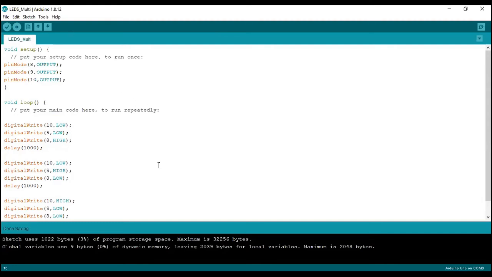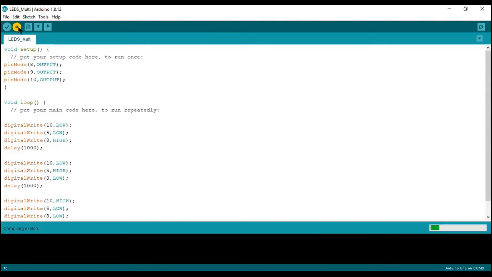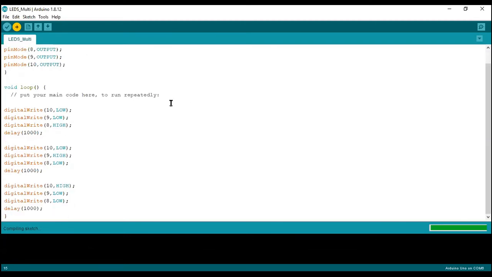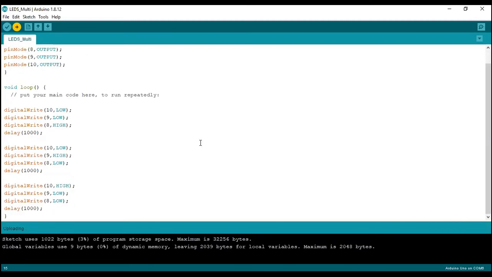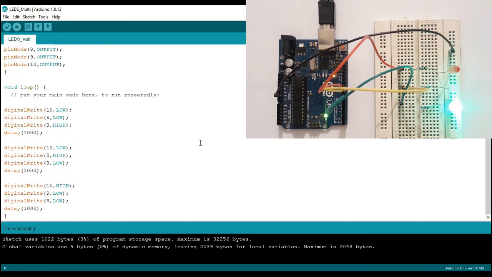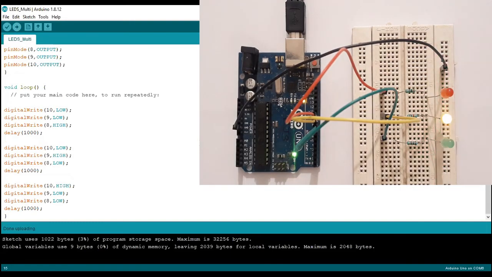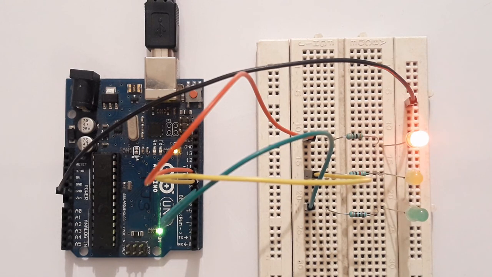Save it, compile and upload the sketch. See the output. Now LEDs are blinking from bottom to top.